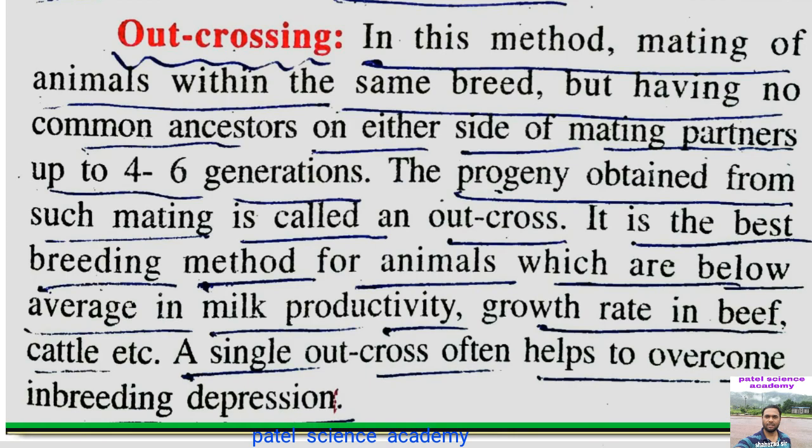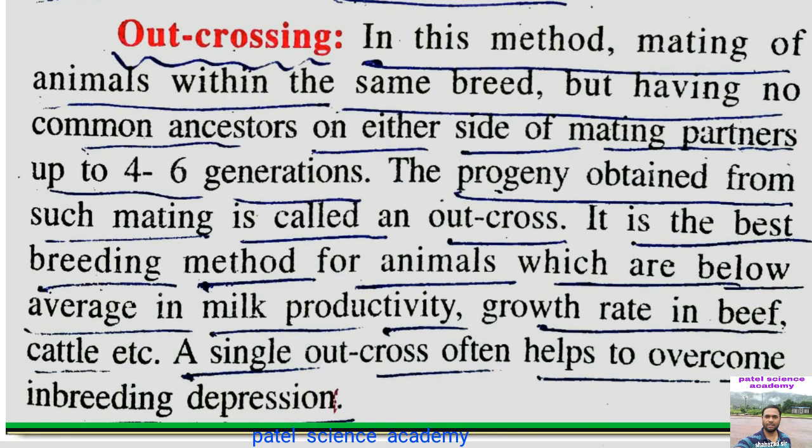Outcrossing. What is outcrossing? It involves the breeding between the animals of different species. It is also known as interspecific hybridization, and outcrossing helps to remove the inbreeding depression. So this is the solution to the problem we encountered during inbreeding. We get inbreeding depression during inbreeding, and that inbreeding depression can be removed by outcrossing, meaning the method of